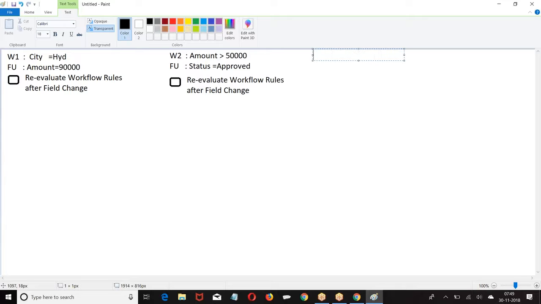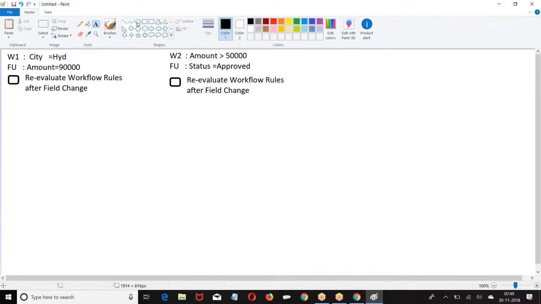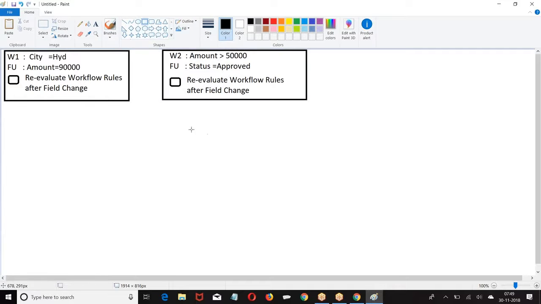Okay, let me give this. Now there are two workflow rules. First, let us do our regular example.